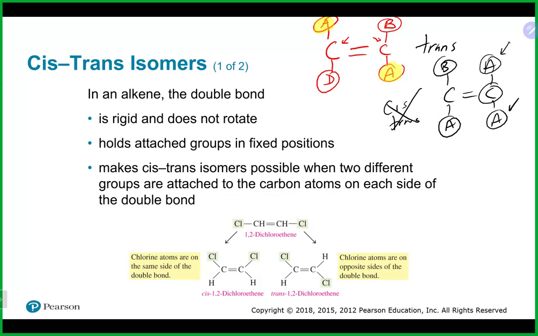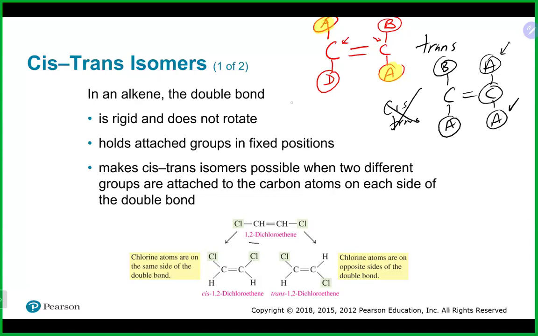So if you ever come across a situation where one carbon in that double bond has two things that are the exact same thing attached to it, cis and trans isomers are not possible. Now, let's say we wanted to draw a cis or trans isomer, and let's say we want to draw this guy down here,